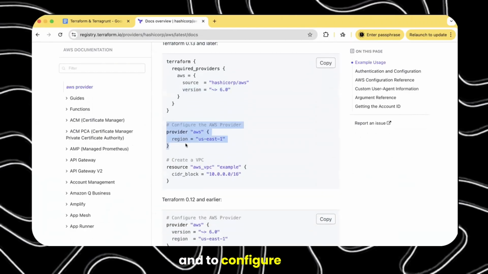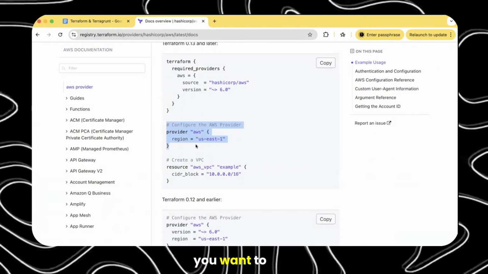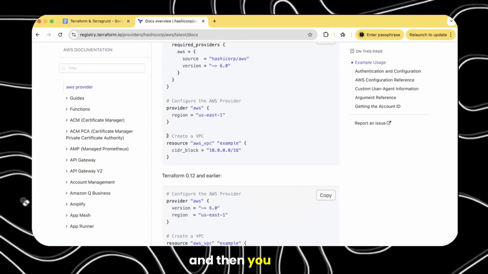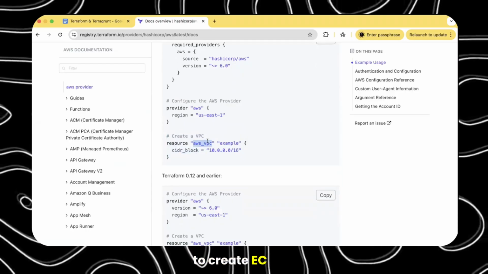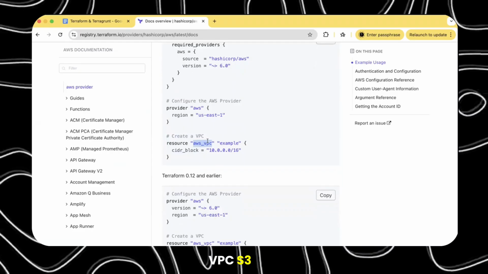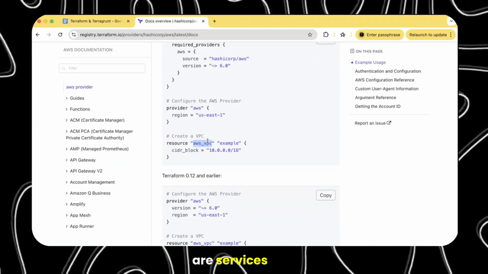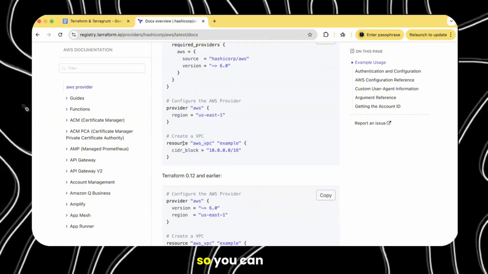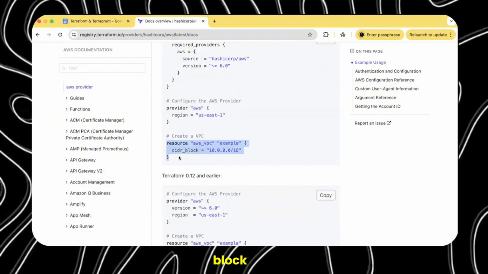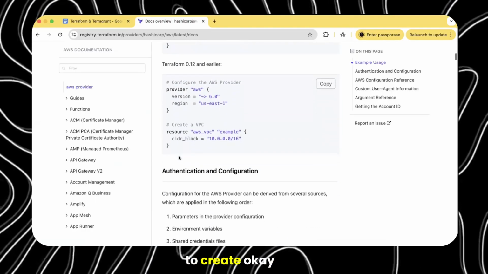And to configure the provider, you write the name of the provider and you give the region you want to access. Then you define the resource that this is the resource you want to create: EC2, VPC, S3. They are the resources of AWS. In AWS, they are services, but in terms of Terraform, they are resources. So you can define the resource block and there you can define all the resources you want to create.